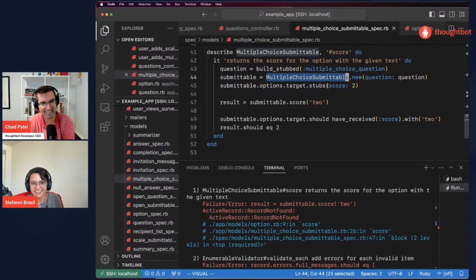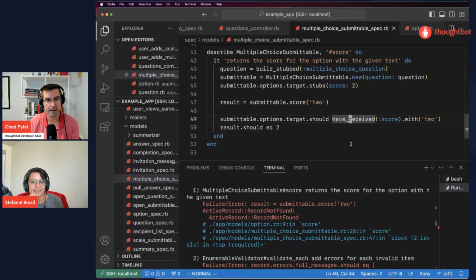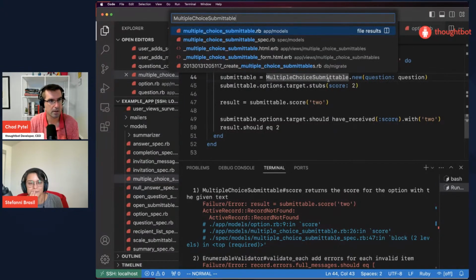I mean, the test is asserting that it should have received score, but not that the object was created, right? But okay, there is a line on line 50 that would, I guess, only be green if it was created. Are we using factories on that app? Yes. So what I want to do is look at multiple choice submittable,